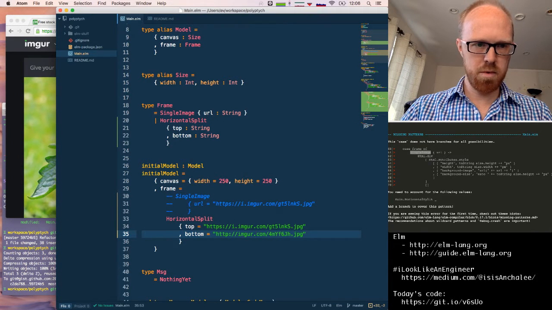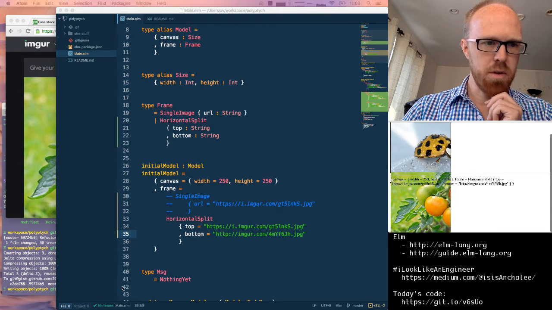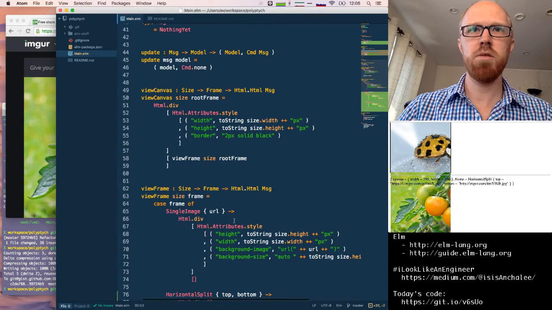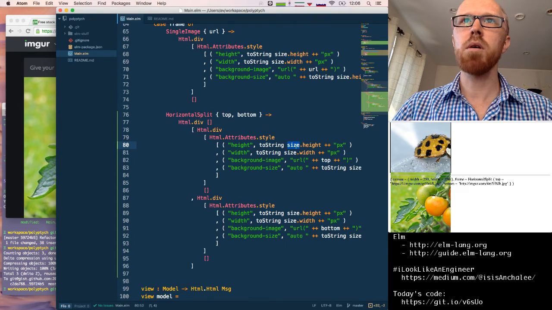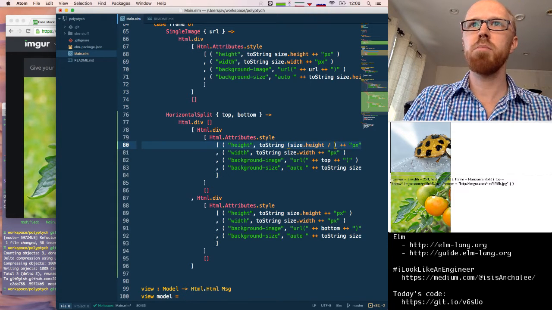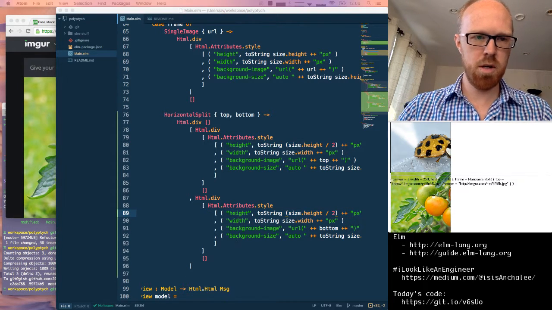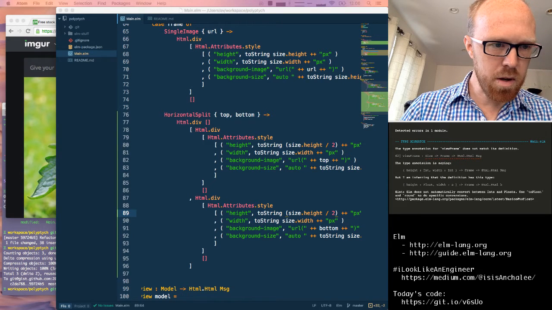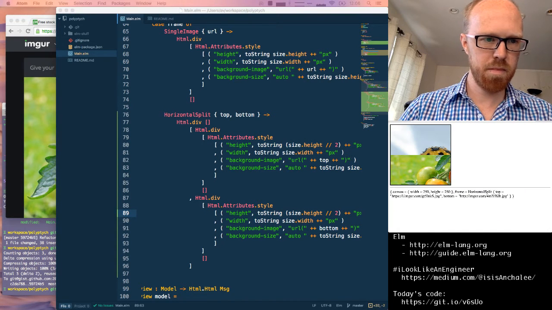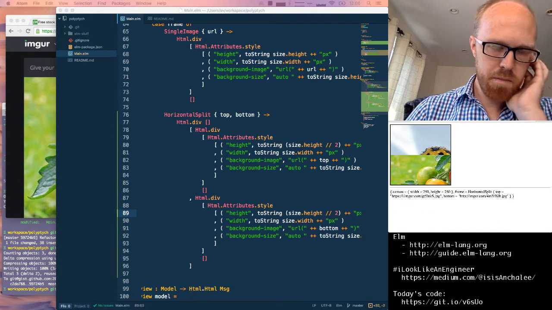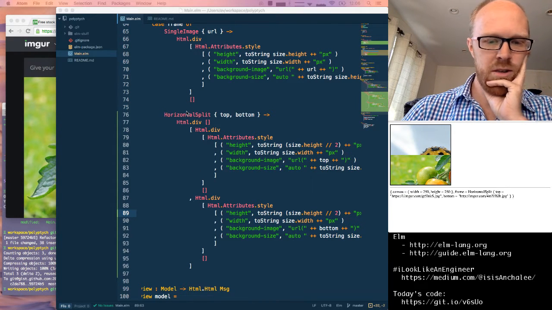Okay. Let's see how this works. Cool. So we've got them both, but we need to size them correctly. So rather than being the full height, it should be over 2. And same thing here. And is that going to complain about, yeah, floats? Okay. We do have integer division, right, in Elm? There we go. Cool. So we've shown 2 images,